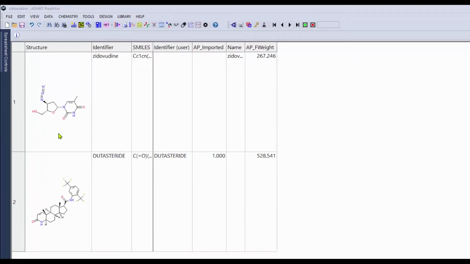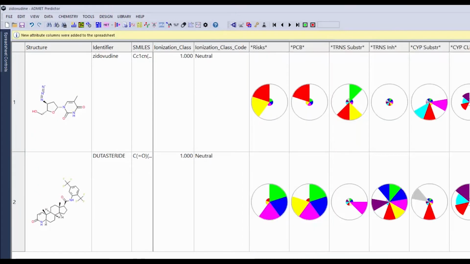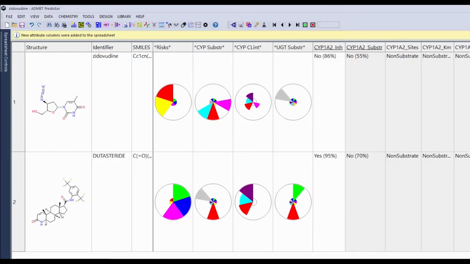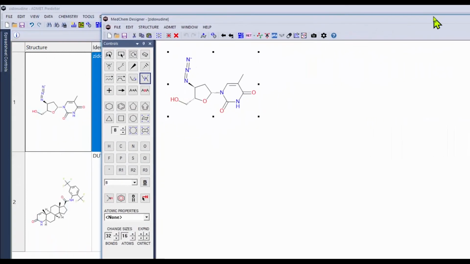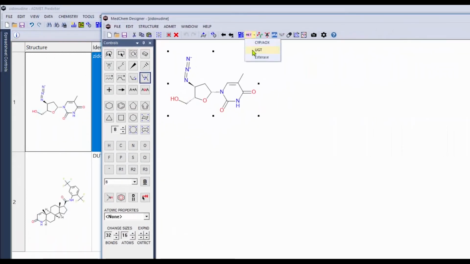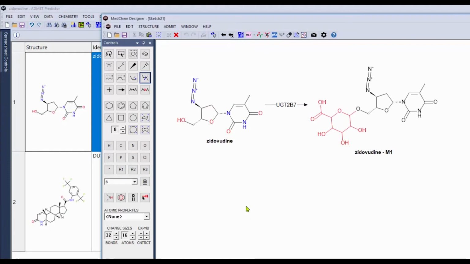So here I have 2 molecules. I'm going to go ahead and calculate ADMET properties and then go into the Metabolism tab here. And we see we have UGT models here. So for the first one, it predicts only one of the 9 isoforms, UGT2B7, to metabolize this compound. So that's all fine. If we double click on this to bring it into MedChem Designer and then go under the Met button here and click on UGT, it will add a glucuronide to the OH here to form the